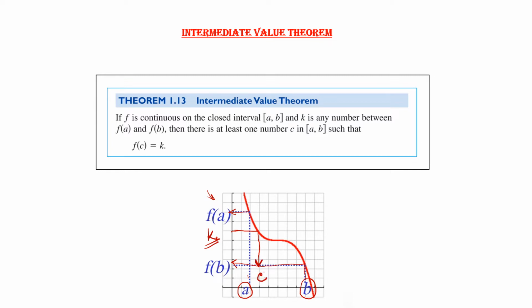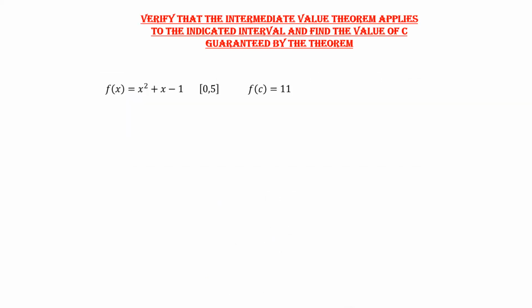It means if you want to read any y value and go backward to see what the x value of that one is, then you will come to know that this c value lies between the interval a and b. Which means that if there is a value which lies between f(a) and f(b), then 100% that k value's x value will lie between the interval a and b. So understand how to apply the intermediate value theorem algebraically.